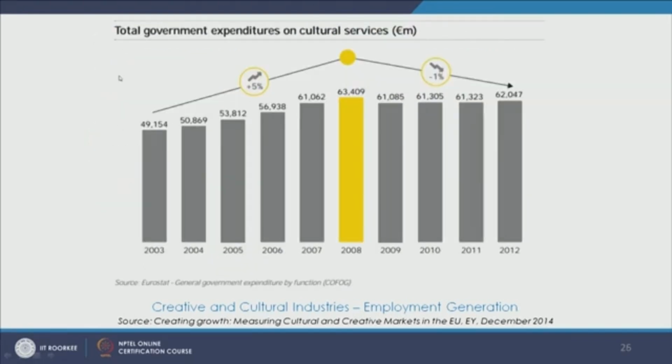Also, another important thing that we discussed in one of the modules was that the government is also willing, and it also allocates funds on its cultural services. So that vision is very important, and that kind of expenditure is very crucial for these industries to grow and for the creation of culturally sustainable livelihoods.